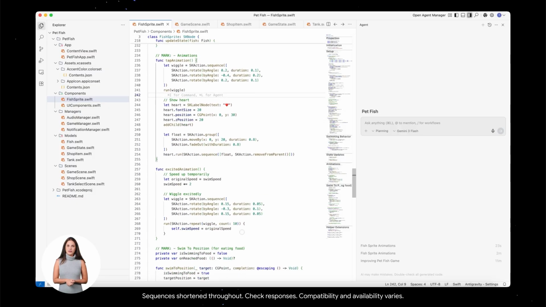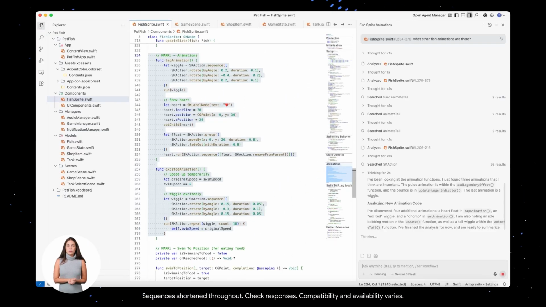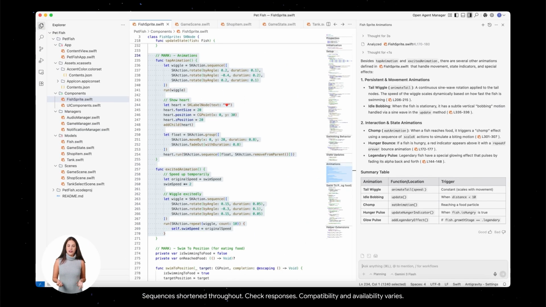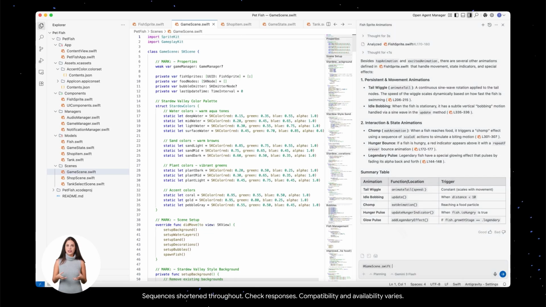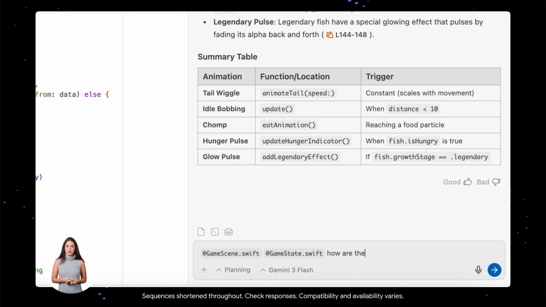Now, let's talk about debugging code. When something breaks, you need to find the problem fast. With traditional tools, you're reading through hundreds of lines trying to find the bug. With Antigravity, you just tell the agent what's wrong. It finds the bug, fixes it,